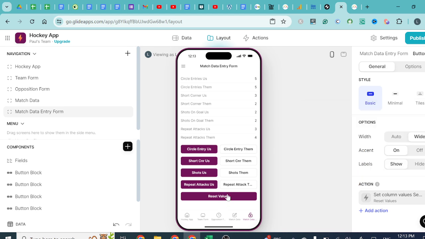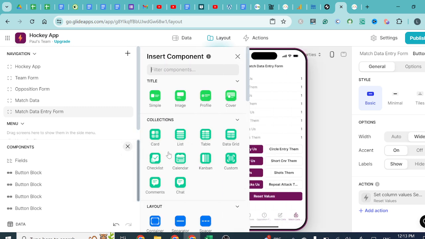Set values, so if I then click it, it resets all the values, and then we can start collecting data again. So that's really nice and easy to do. Okay. Now, once you've got that working, then the last thing we want to do is add